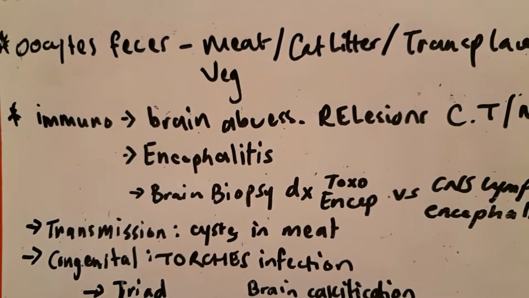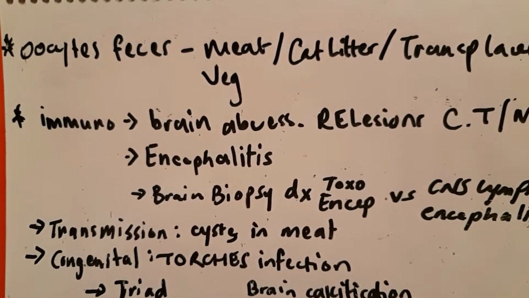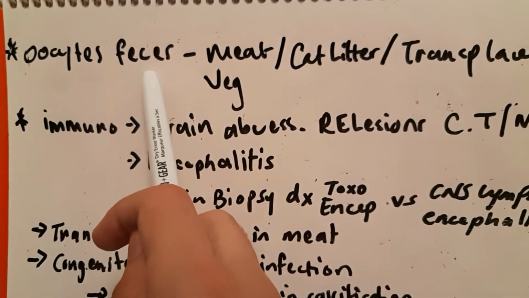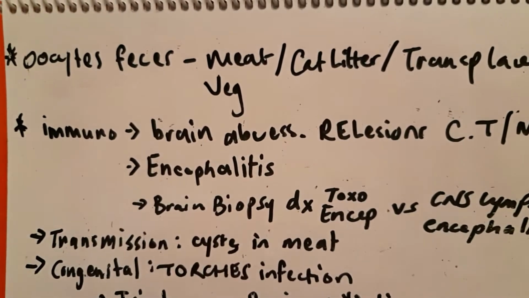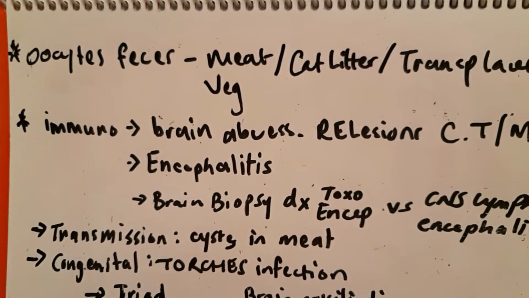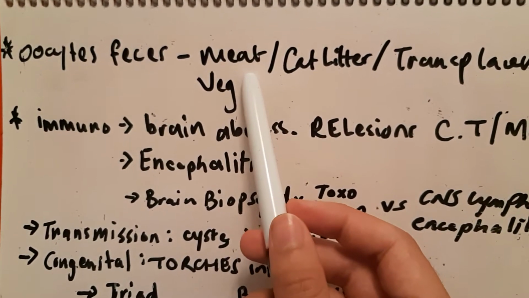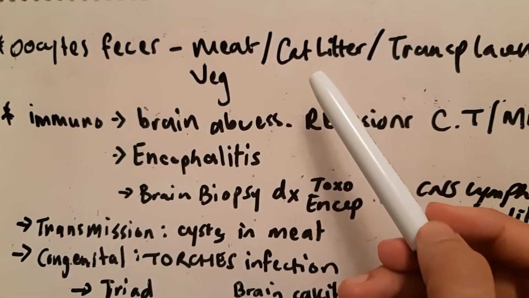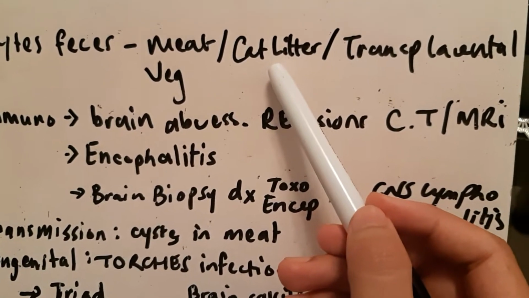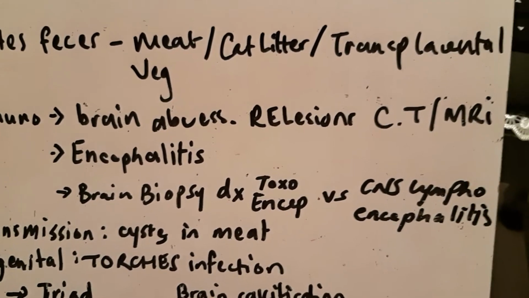So when it comes to toxoplasmosis, how is it transmitted? It's transmitted through the consumption of oocysts that are normally present within feces. So there are three ways you can normally pick these up, and that's through eating uncooked meat when there are cysts in the meat, or a pregnant woman who handles cat litter, so feces that have these oocysts, or transplacental